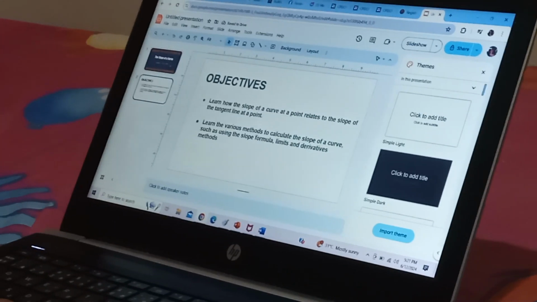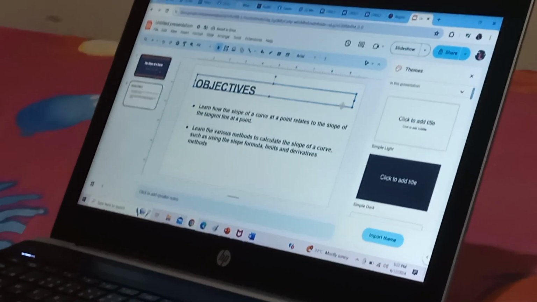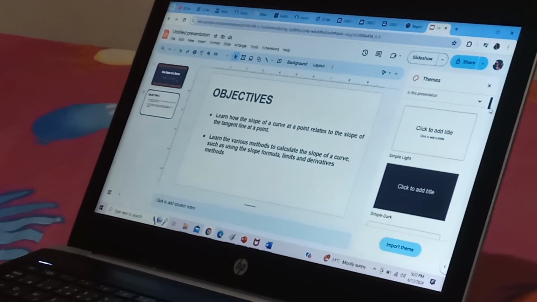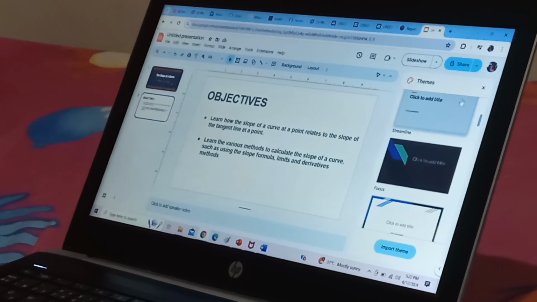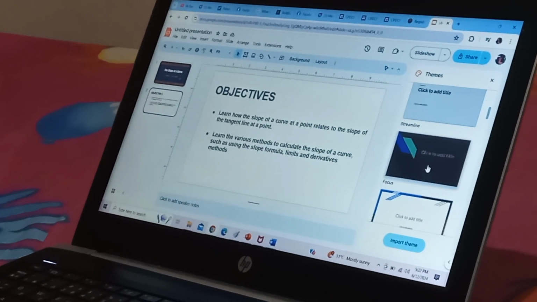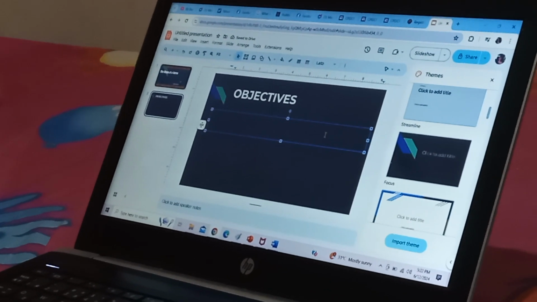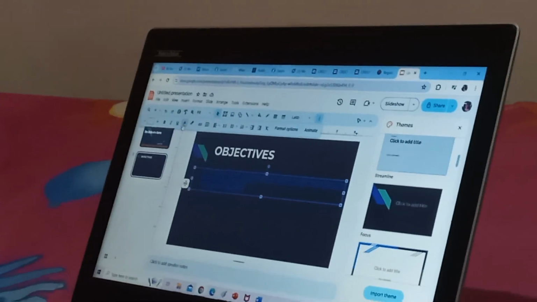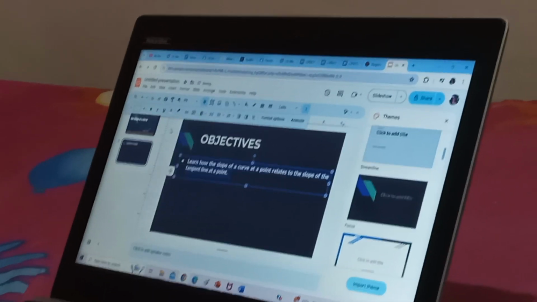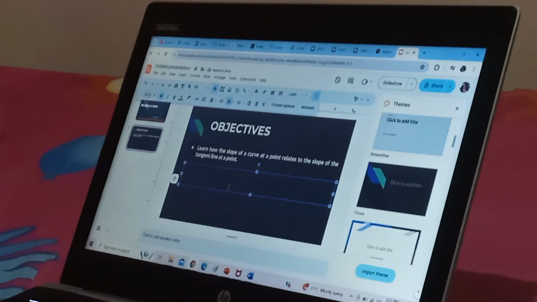Okay, then if you want to change the theme on this slide, you can choose the theme here. So I want this one. Since the text is not clear, change the color by clicking these three dots to white. Also this one.